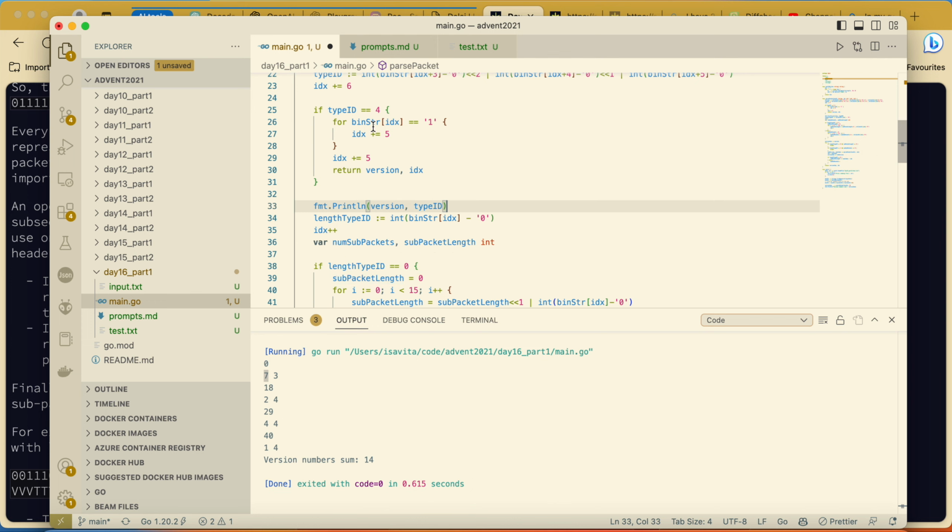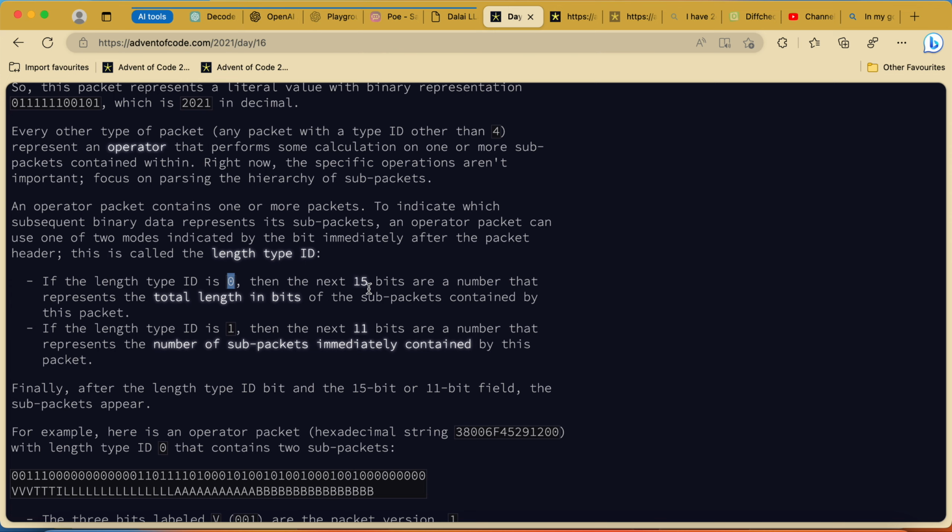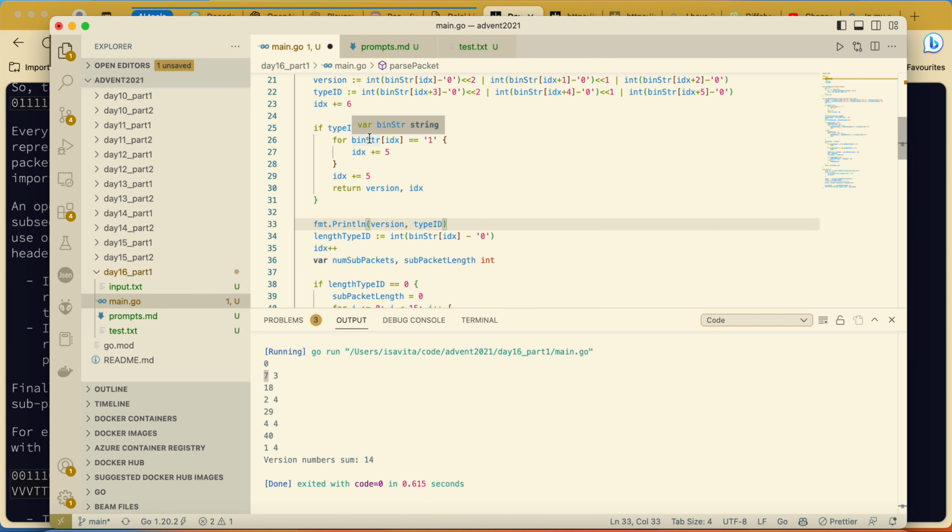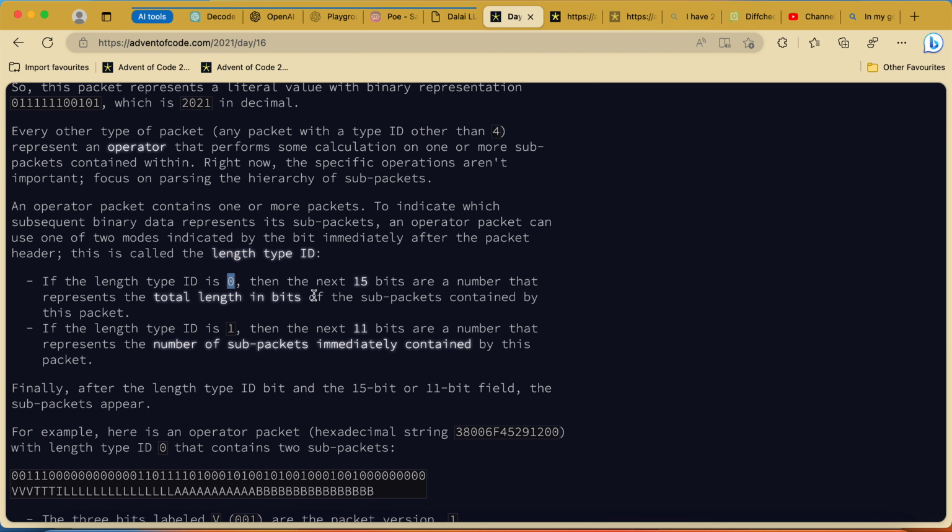we are checking, okay, are we here, type ID, we're checking the type ID. If the length type ID is 0, then the next 15 bits are a number that represents the total length.